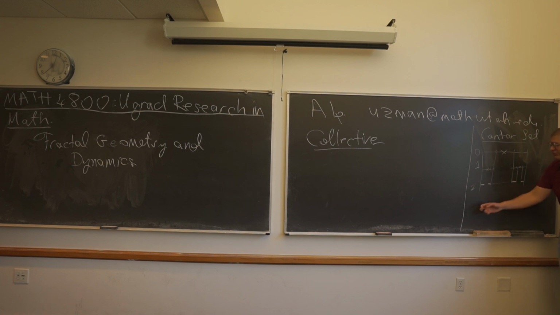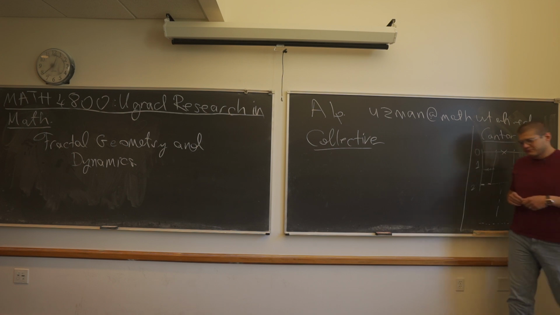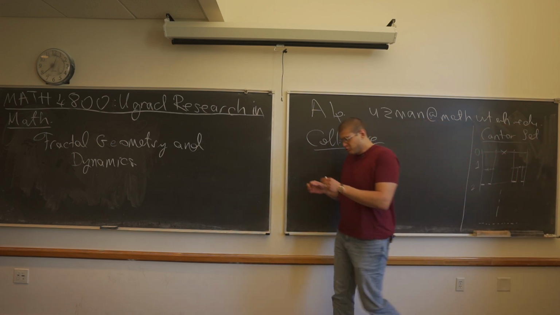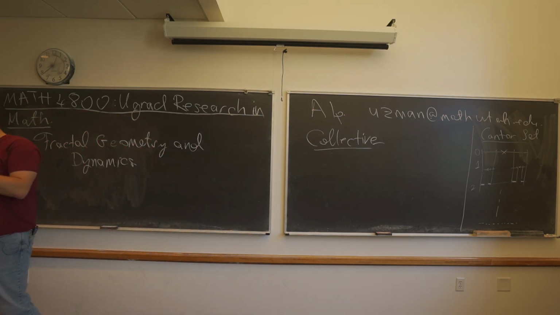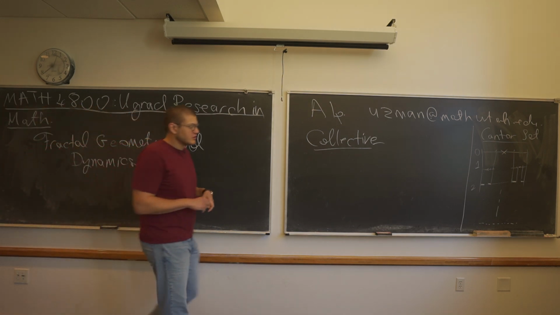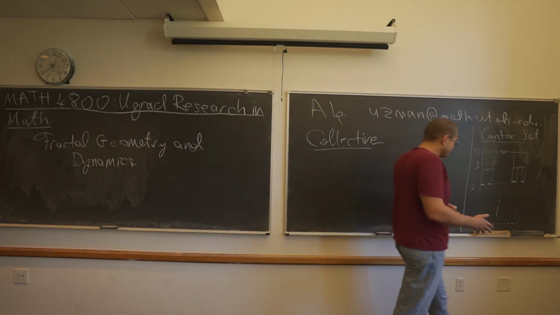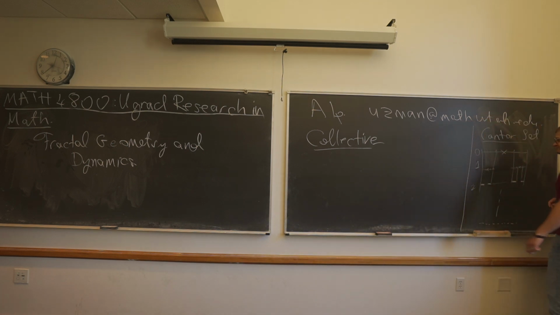And then at stage 3, you do the same thing to each one of these smaller pieces and so on. And ultimately, in the limit, you get something which is like a bunch of points. It's a certain set where it has infinitely many points in it, but no 2 points are connected via a path. It's a set. And the IFS business, iterated function system business, comes into play where you sort of like